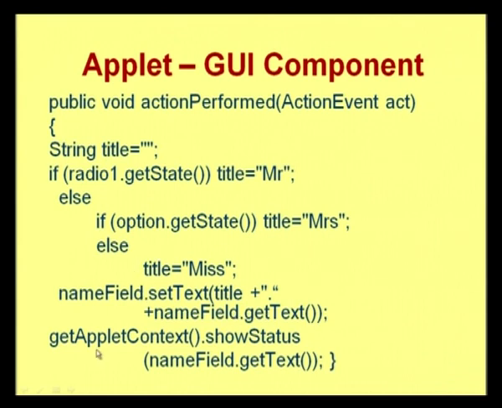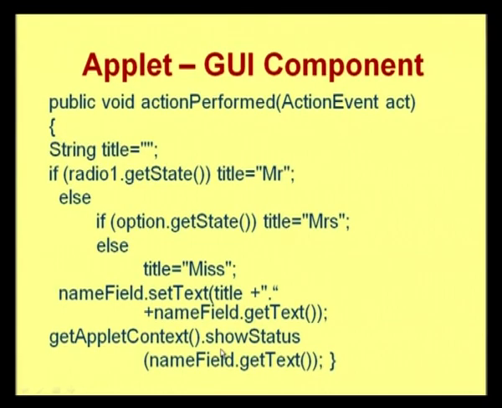And then next we come to an important method that is available in your applet class called getAppletContext. So you know what we mean by context. The current applet's reference is said to be getAppletContext. So I am getting my current applet, and then I am getting the contents that I have on my status bar. In your previous output, I have shown you that there is a status bar at the end of your applet where it tells you whether the applet started, initialized, loaded, all those statuses. So I am just setting a particular status to this status bar that is associated with my current applet. That is what is specified by this line of code,